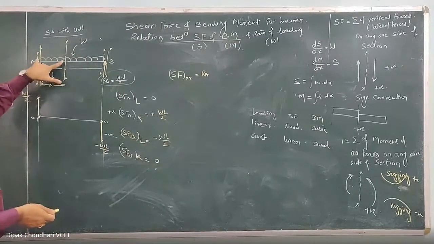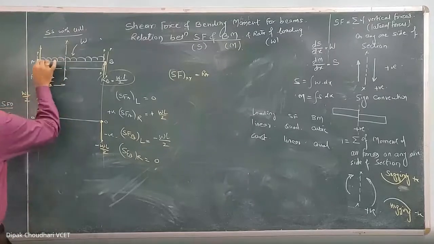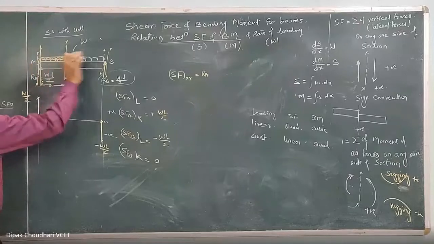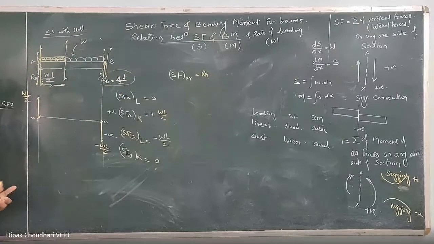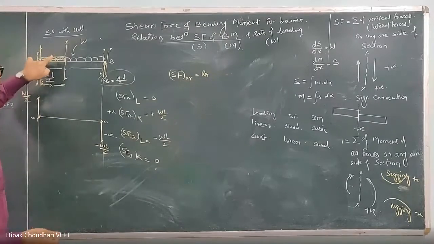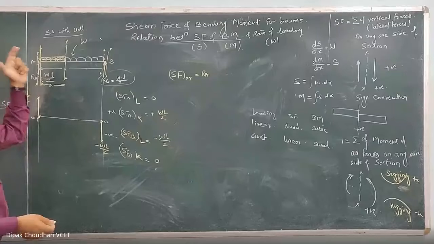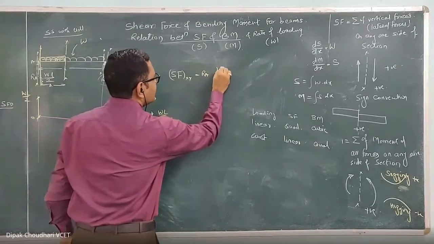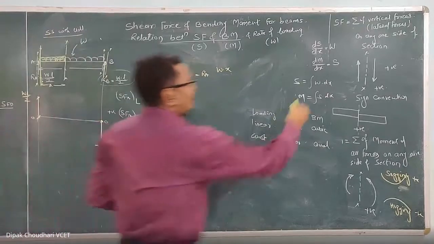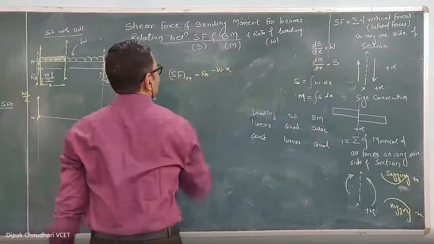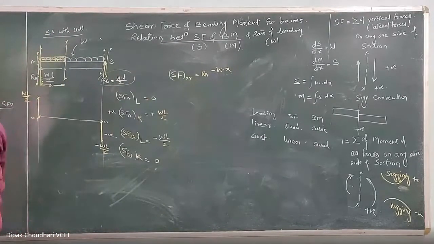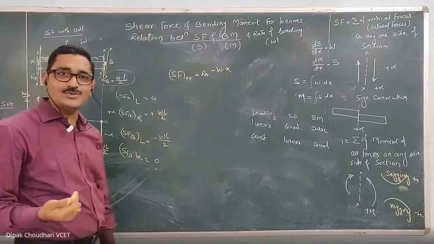Then what is this loading? Now you have to consider only this much UDL, not the complete UDL. Vertical forces summation on any one side. So on the left-hand side there is only this much UDL. Its intensity is W and this length is x. So how much is the equivalent point load? It is W into x. Am I right? And it is downward. So on the left-hand side of the section, downward force is negative. So the shear force at this section XX is RA minus W into x.